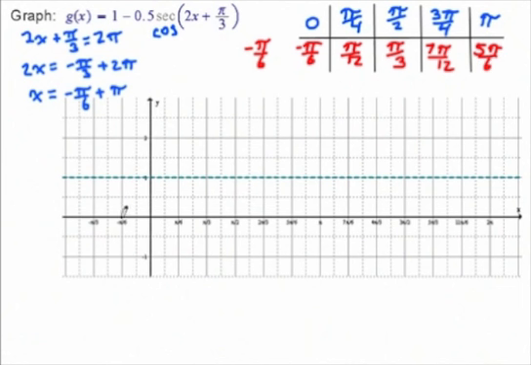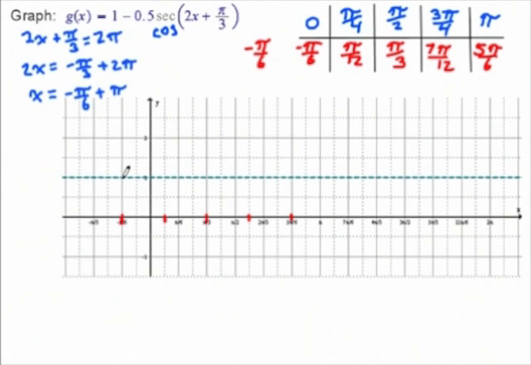So here's negative pi over 6. Here's pi over 12. It's just 1 dash. Pi over 3 is right here. And so far it's making sense. It's 3 units in between each one. 7 pi over 12, let's see, this would be 1, 2, 3, 4, 5, 6. It would be here, 7. And notice there's 3 units between this one also. And then 5 pi over 6, which is here. So our points for cosine,